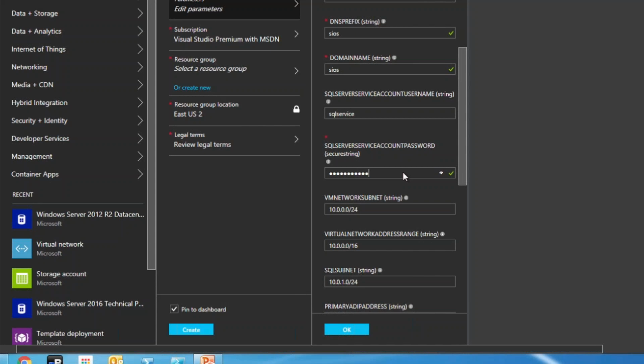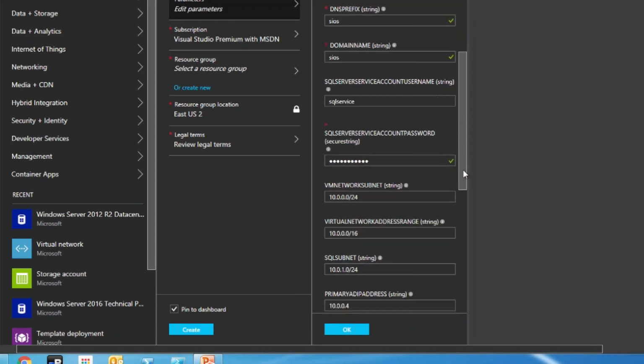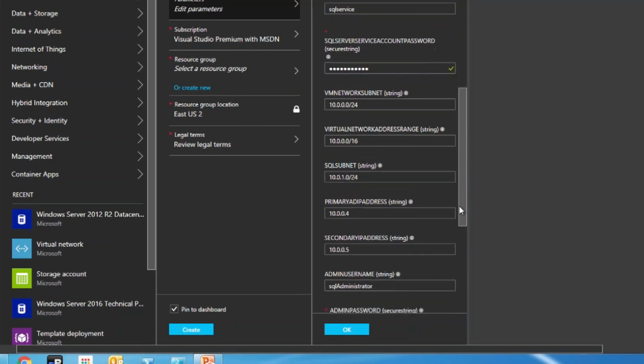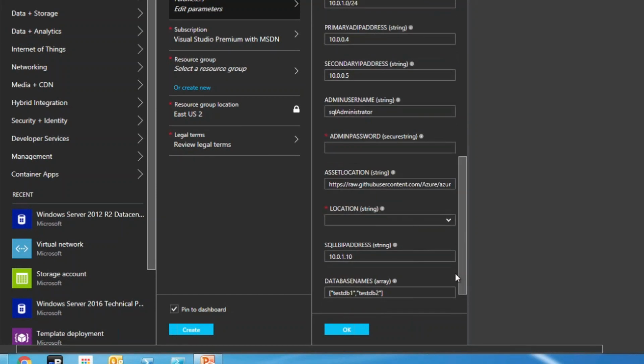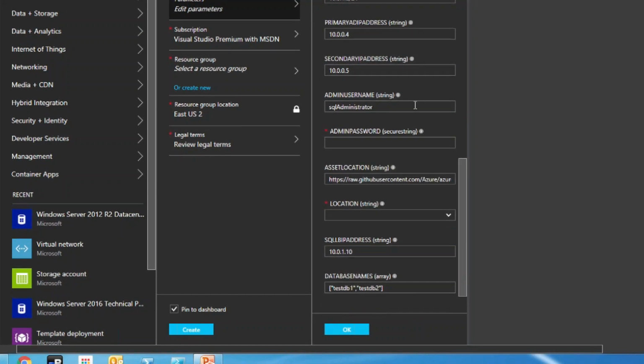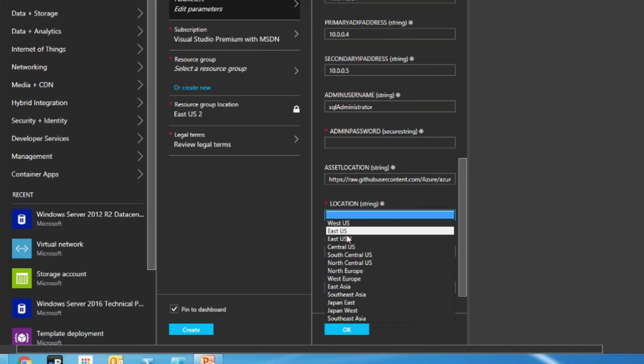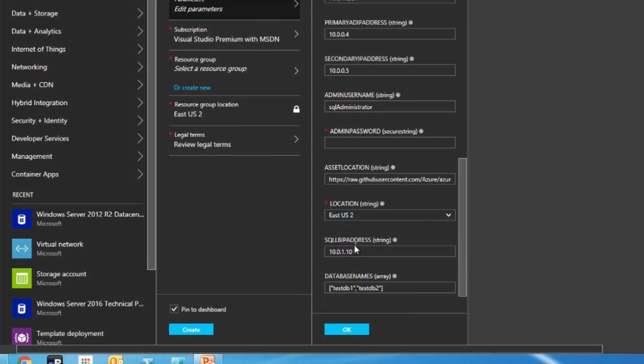It's going to create the virtual subnet. You can see the network address range is going to be used, and the subnet and the actual IP addresses. And some admin usernames and passwords, we'll create those as well. And then you can deploy this in multiple locations. So we'll choose the US East location. And it's going to create two, for this,